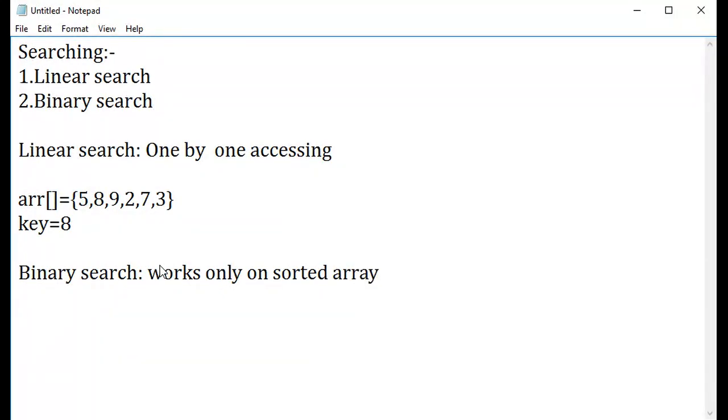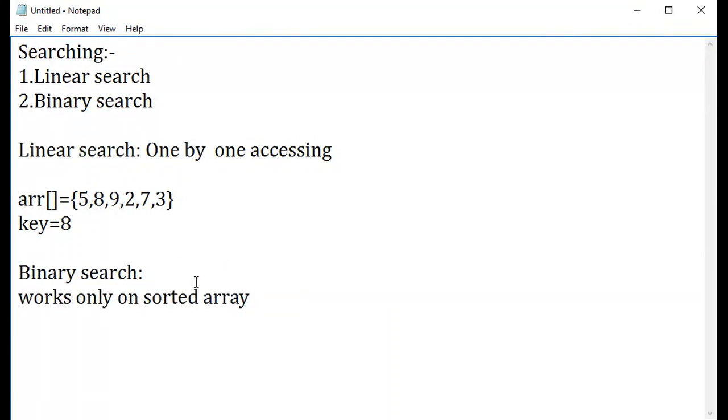Okay, good. And then what else? It divides the array into half and it works. Okay. So have we come across this terminology called divide and conquer? Yes or no? The divide and conquer approach. This is one of the algorithms. Yes, ma'am. Yes, right? So this binary search follows the divide and conquer approach.